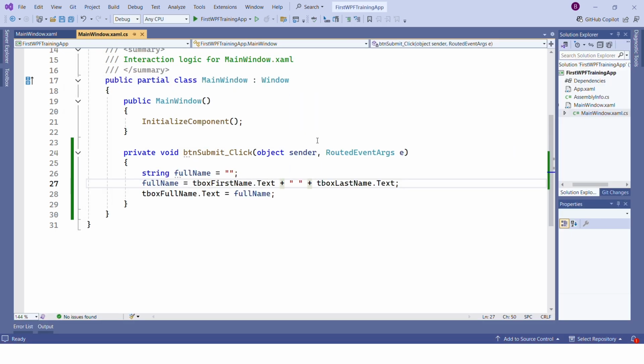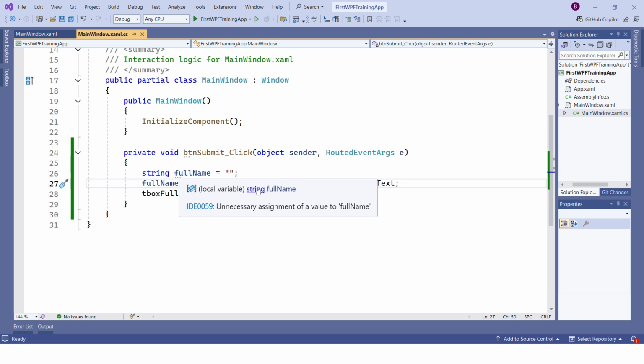But this looks funny because the plus sign in a string operation means concatenation, but it's kind of strange. You're adding things and it's concatenating instead of the kind of addition you see with numbers. So a more advanced and visually appealing way of doing this is to use what is called